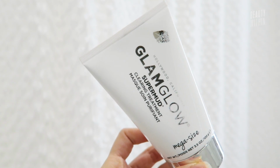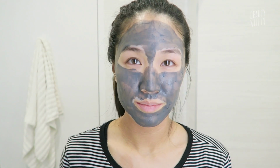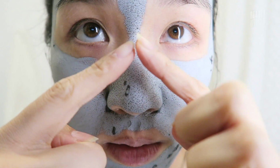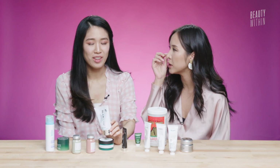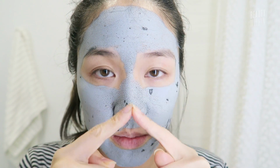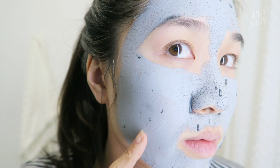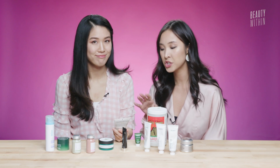So the next one is this Glam Glow Super Mud Clearing Treatment. I love how you can see every single pore and every single circle. It's actually very scary because all the oils seep through the mud and then you can see where your pores actually are. Mine are mostly on my forehead and the T-zone around this area, and then there's nothing on my cheeks, and then a little bit down here. But this one's actually got so many good ingredients. There's AHA and BHA, which is why it's called the clearing treatment,